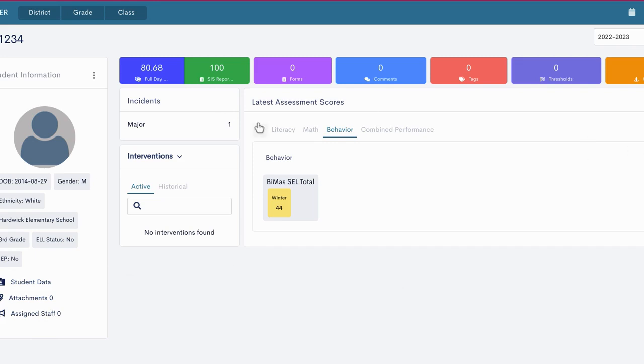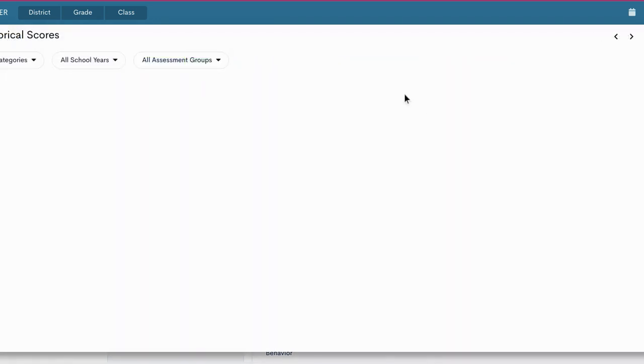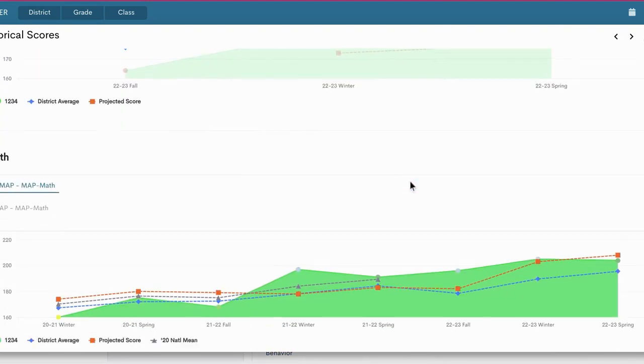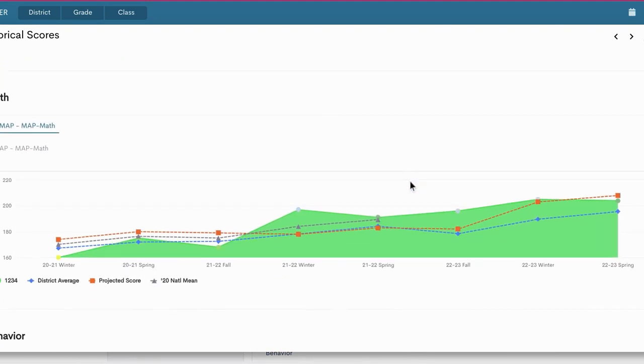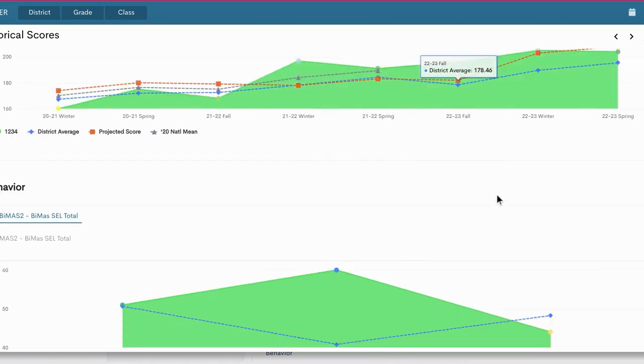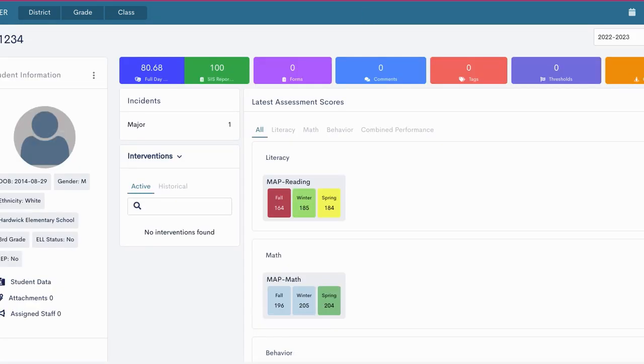Here, if you click on it, you are going to get historical data for the student. It kind of builds a quick report with all of their charts so that you can easily see what growth they have had in just a little bit of a different way. And again, you hover over anything and you'll be able to click into it. From up here, you can create an assessment report or add a progress monitoring measure if you have